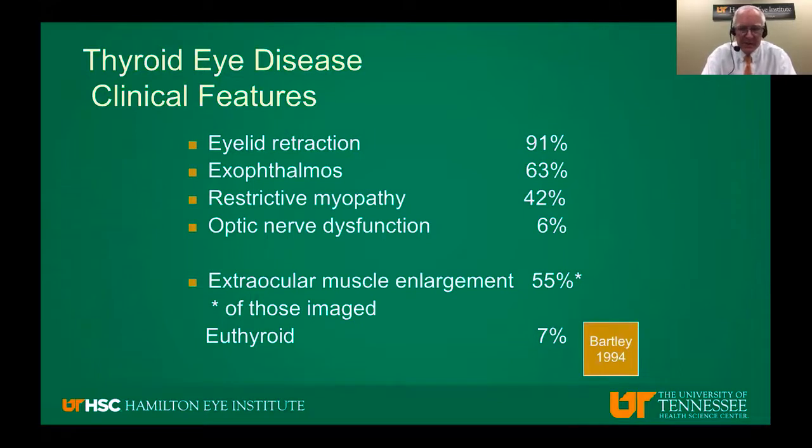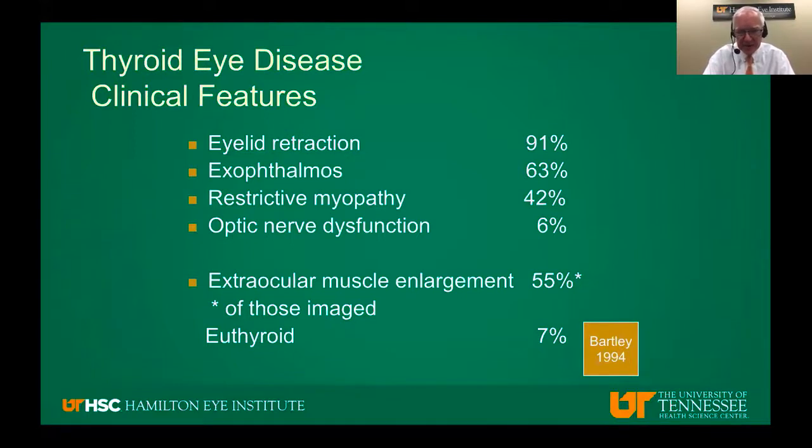Lid retraction, 91%. Exophthalmos, 63%. Restrictive myopathy, double vision, 42%. And optic nerve dysfunction is the key one, 7%, has really been put forth, and it tends to hold true in most of the literature. When they did do CT scans, they found 55%, not 63%, had extraocular muscle enlargement in the group that they looked at. And then the most interesting piece is, and this is an argument I have with endocrinologists fairly often,